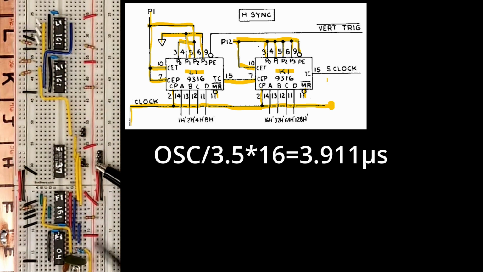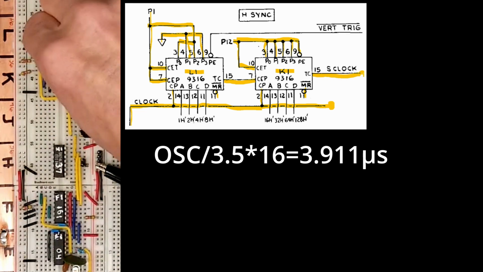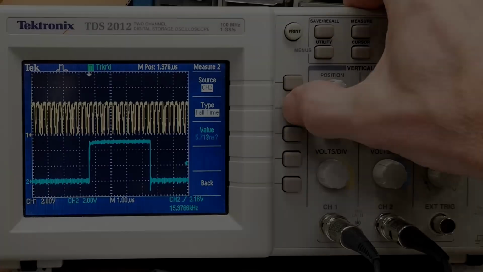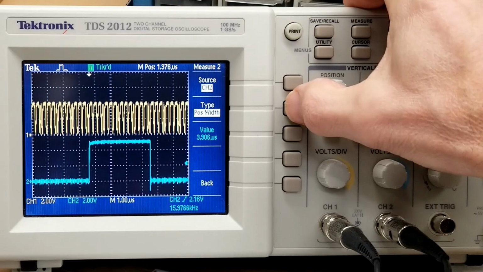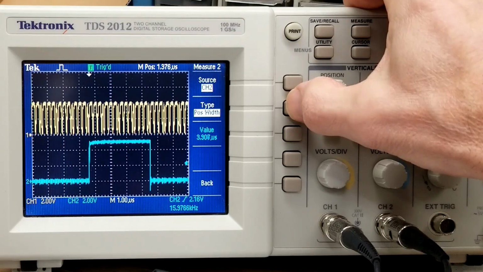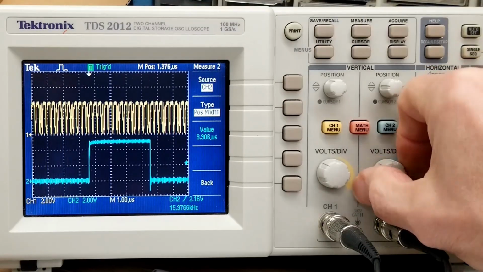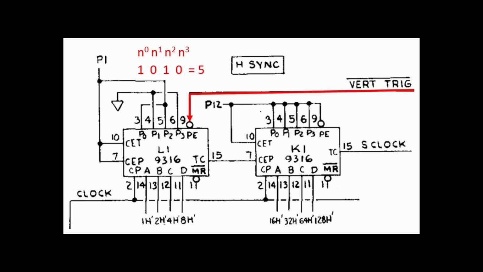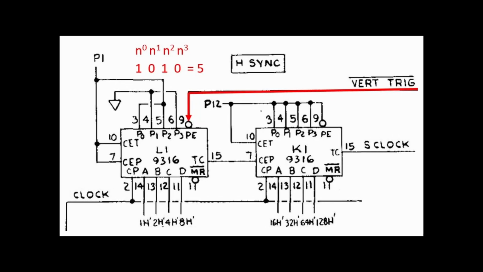microseconds. They use the S clock line to generate the H-sync signal, which in the NTSC spec is 4.7 microseconds wide. Evidently close enough to be detected by the monitor's sync separator. If we check the scope, we can see that the period and width match our calculations of 15.98 kilohertz and 3.9 microseconds, respectively.